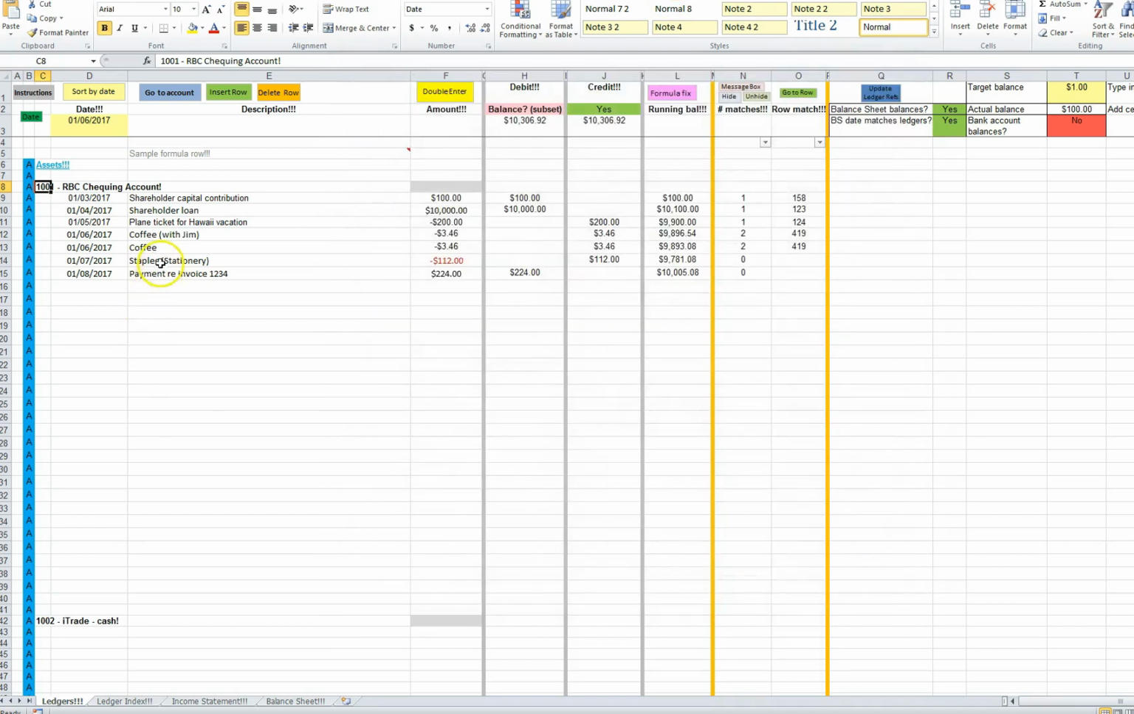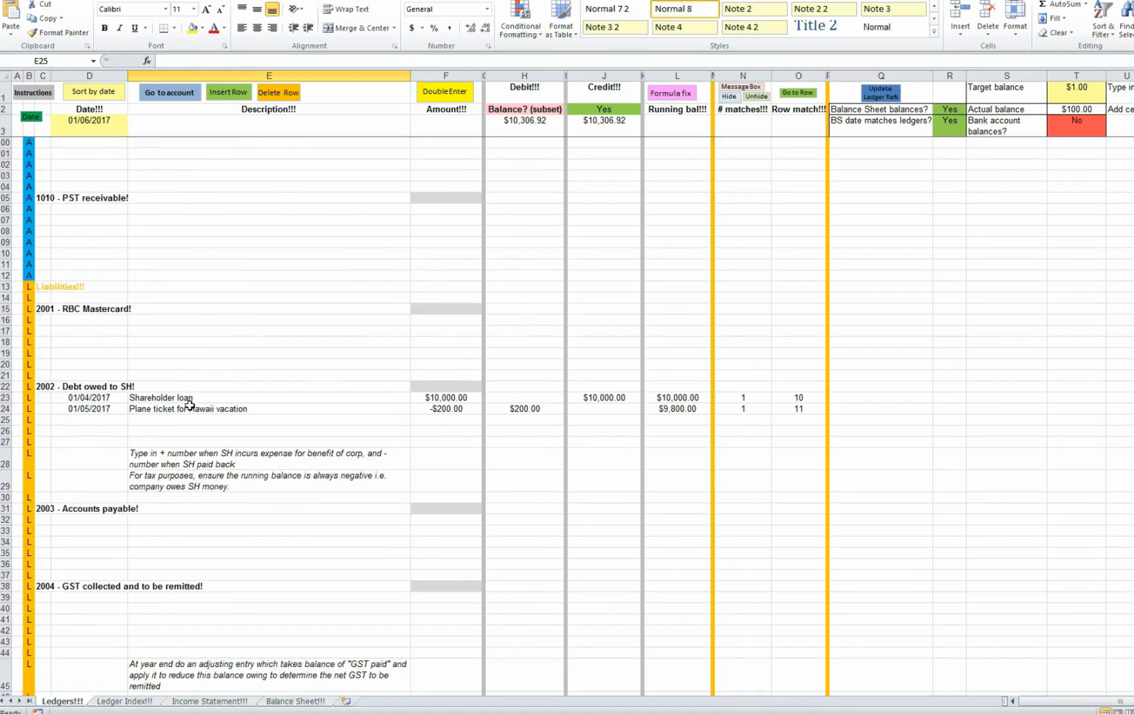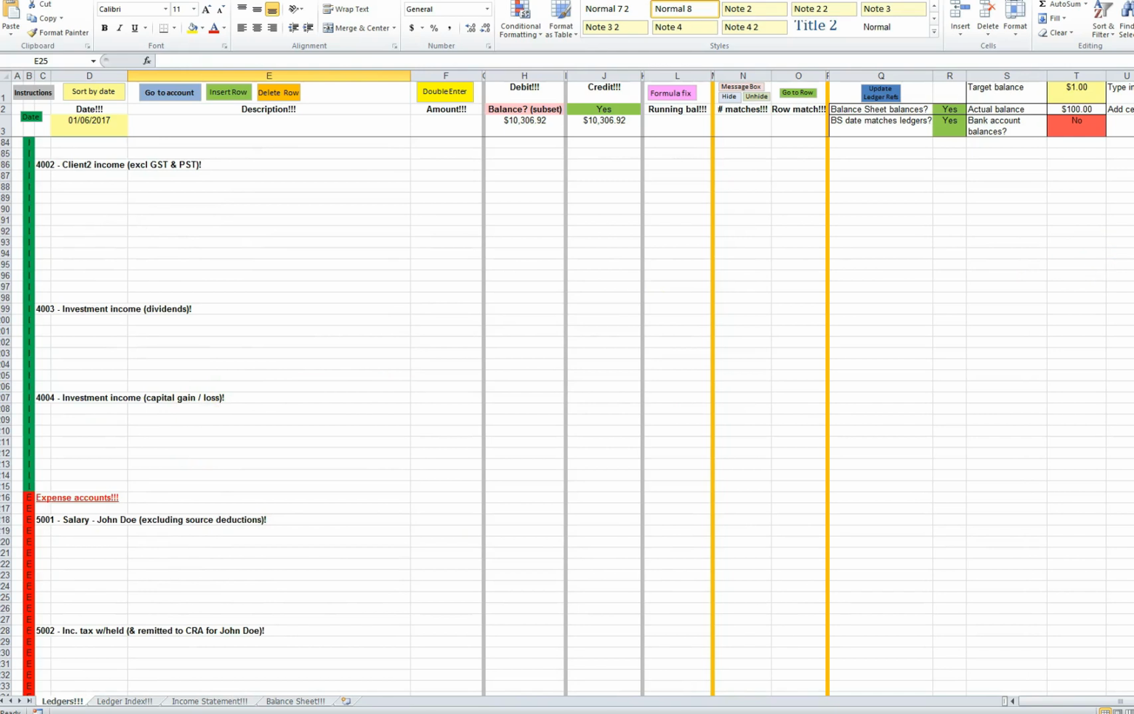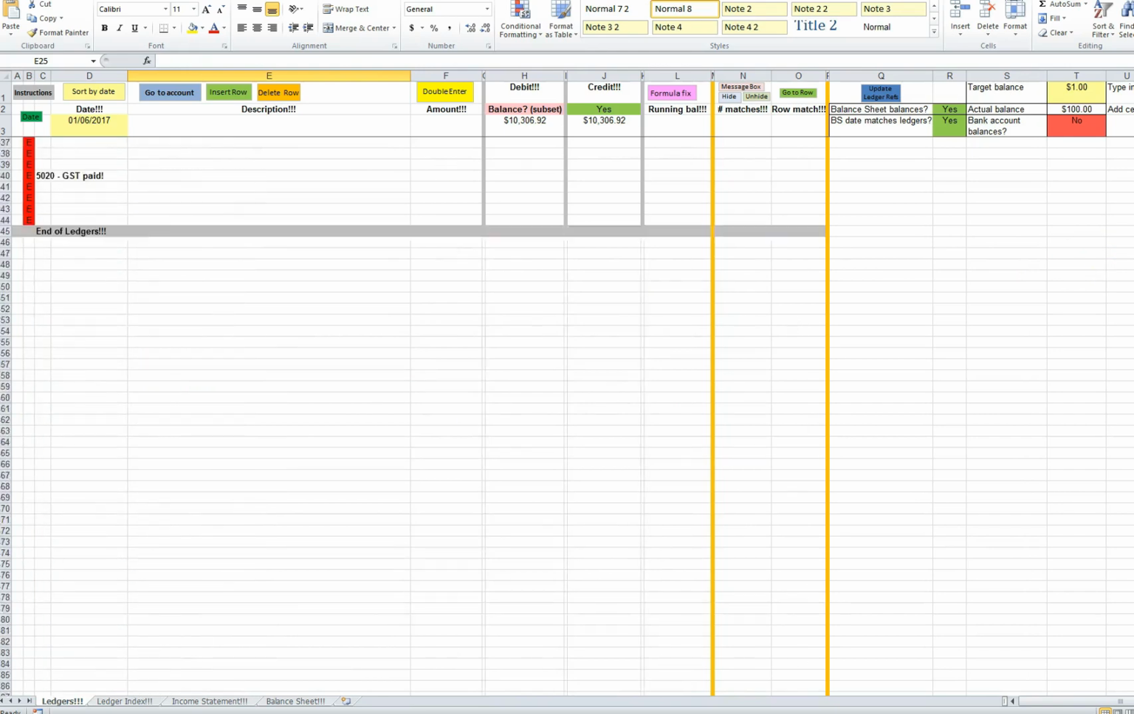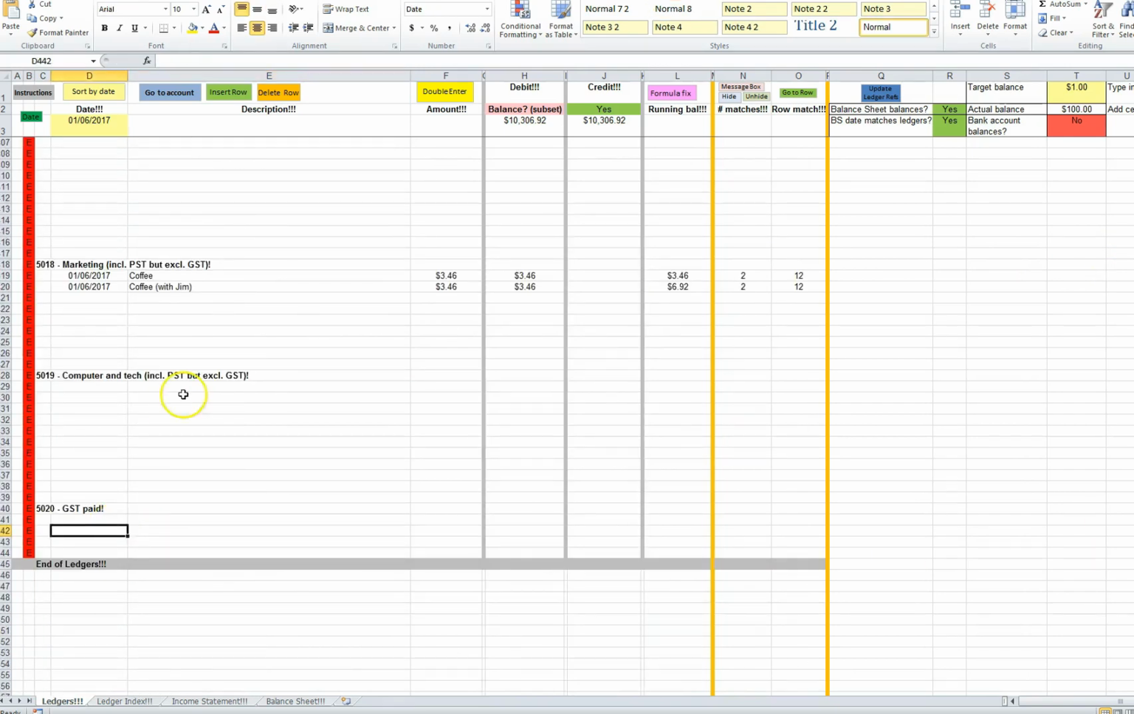So let's assume that we wanted a stationery account as a type of account that we want to have in our ledgers. So it's basically an oversight. When we designed our ledgers, we didn't have an expense account for stationery. So let's go down to the red at the bottom. Let's insert some rows, but let me first just put the stationery in there. It's going to be